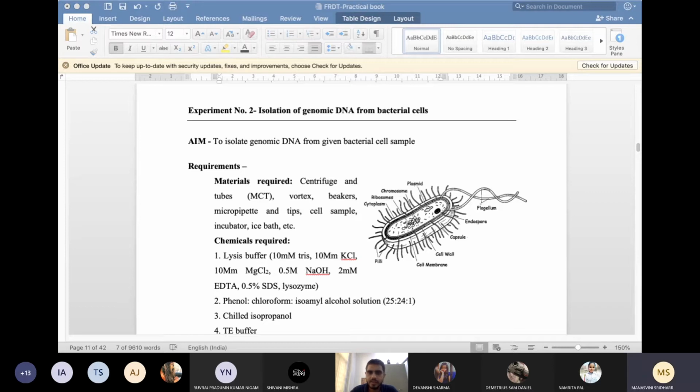Any comment on it? 3.2. The right answer is both 3.2 and 6.4, and more right is 6.4. 3.2 is also right and 6.4 is also right. But more right is 6.4 because when we are referring to totality, totality means the 46 chromosomes.